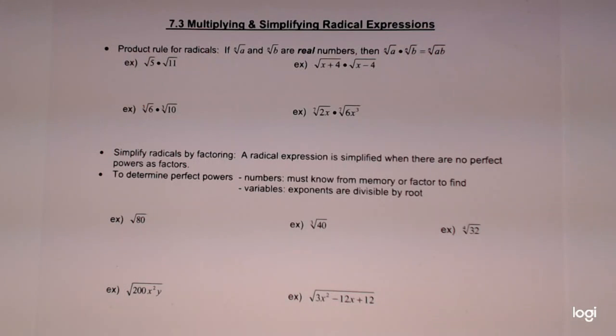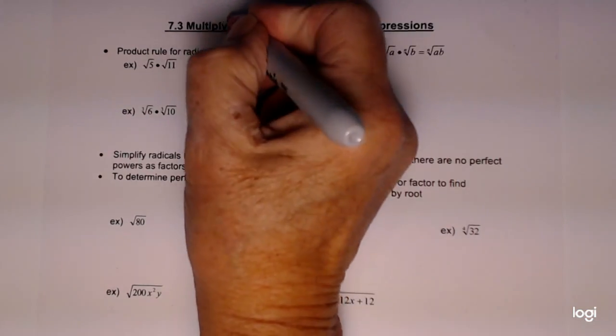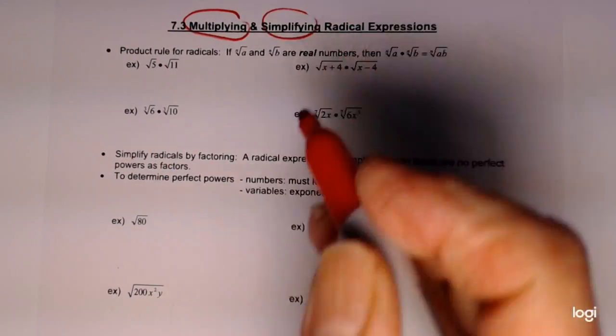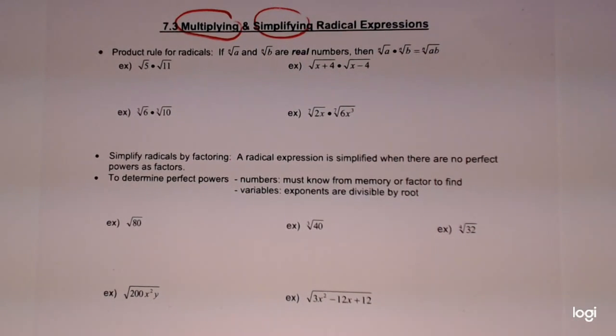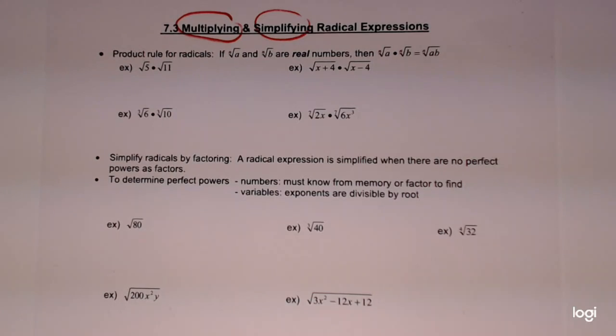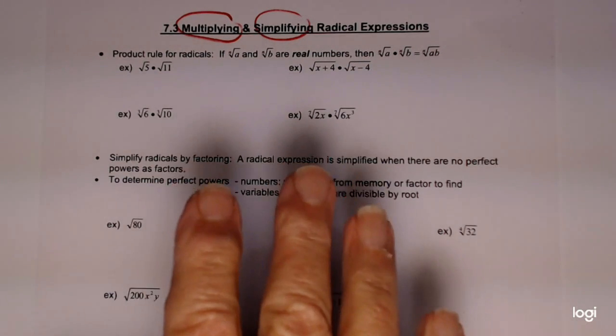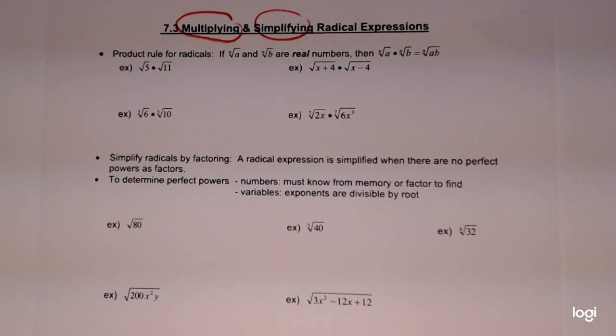We are now going to be taking a look at multiplying and simplifying radical expressions. So multiplying and simplifying. Basically, we're going to be looking at multiplying going in two directions. And the first set of examples is going in the direction where we have two radicals, and we are going